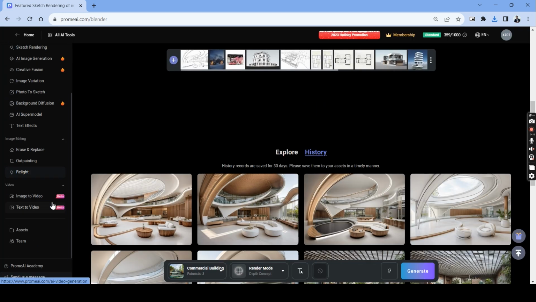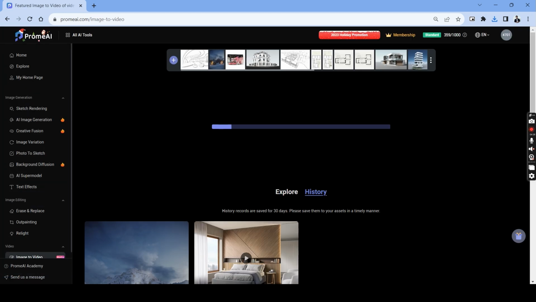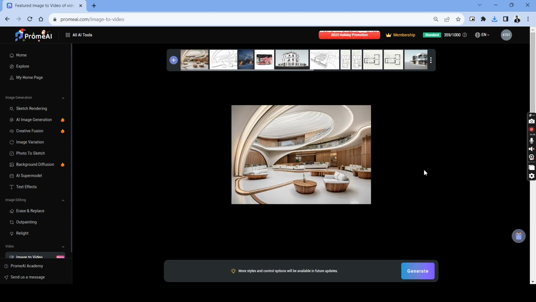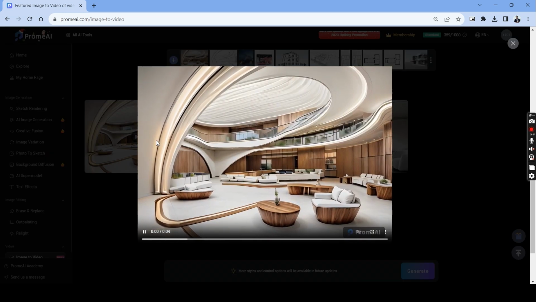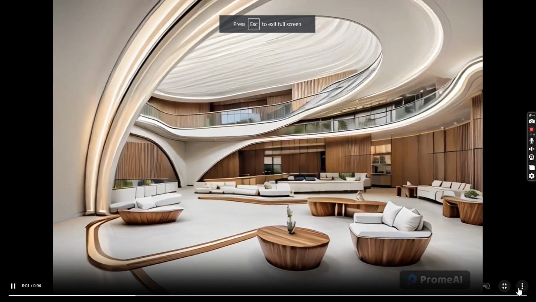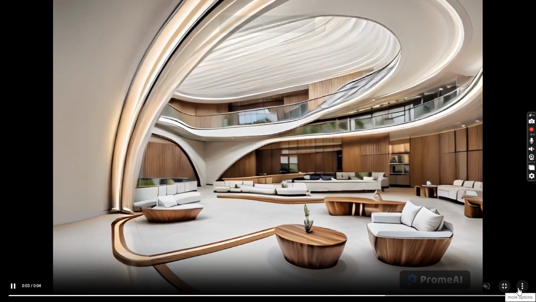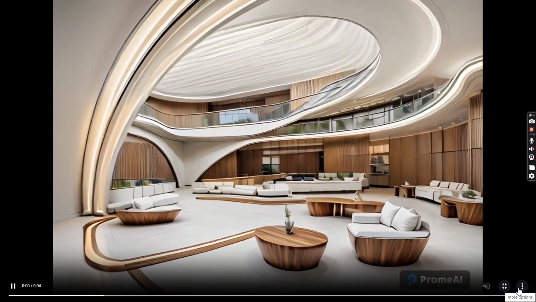Now we'll have to go back to the image to video feature and upload the image that we just created. Let's hit generate, and now we can see that PromeAI has created a video of the static rendering. The camera pans from the right to left, creating a more engaging visual. When you pair it with the other AI tools provided in this platform, you can actually create a really powerful